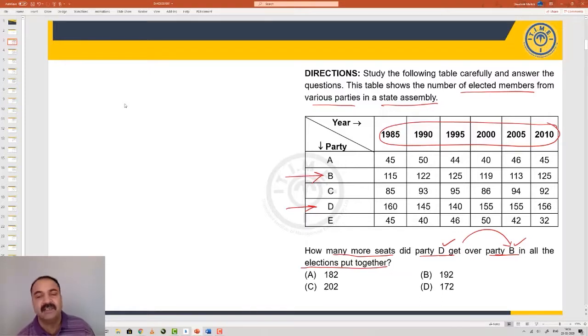Now we are adding 160, 145, 140, 155, 155, 156. So these are the values for D. Now we don't need to transfer this data onto a rough page because these numbers are given horizontally, and across our school days we are typically habitual with writing the numbers vertically, one below the other, adding the units digit at a go, taking the carryover to the tens digit, so on and so forth. We'll try to be faster with this. So we see a 60 in one of the numbers here. At least we should attempt a double digit addition.